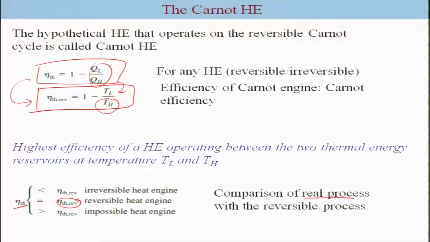To summarize these Carnot heat engine based principles, eta of the real heat engine will be less than eta of the reversible heat engine for an irreversible heat engine. The greater-than case would be impossible, and it will be equal to the eta of the reversible heat engine if it is reversible. So, I think this is what I wanted to cover in this lecture to summarize the second law of thermodynamics. We will take up entropy in the next lecture, and that will be the end of our quick review of undergraduate thermodynamics before taking up the more fundamental aspects of molecular thermodynamics or solution thermodynamics. So, see you in the next lecture.